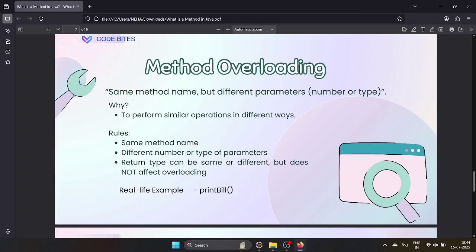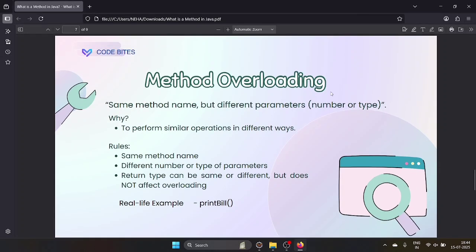And now you can see method overloading. It is most asked in interviews, like what is method overloading and what is method overriding, the difference between method overloading and overriding, and give me some example, like that the interviewer can ask. So let's go. Method overriding I will do in the next classes because it is related to the OOPS concept. So I will explain it there. If I explain it here itself, you will get confused. At that time I will also explain the difference between method overloading and overriding.